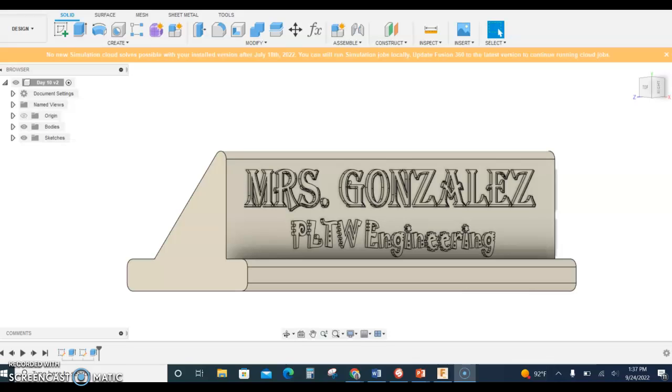Hey IED, so you guys are going to be creating your own nameplate. Feel free to play with the font and change up your lettering on there. Just as long as you have your nameplate, it will be your first name, your last name, and then the PLTW engineering. And then you're going to have to take a snippet of your nameplate and upload it to the